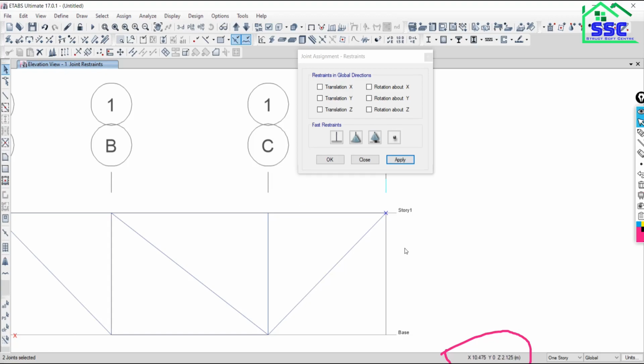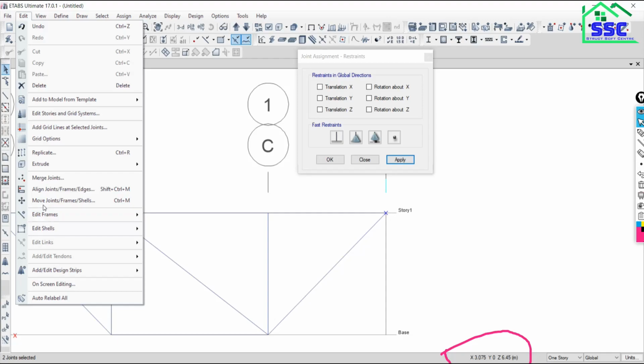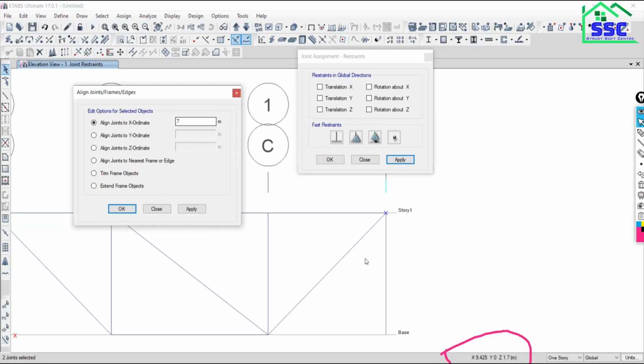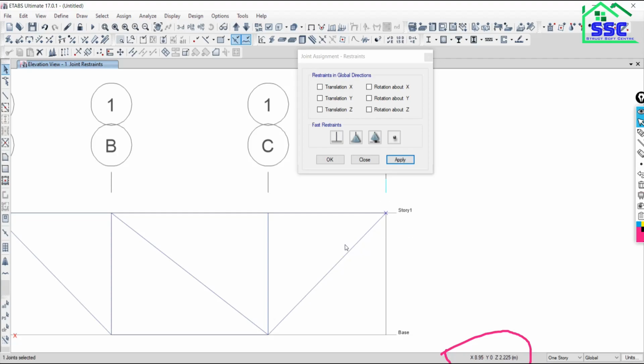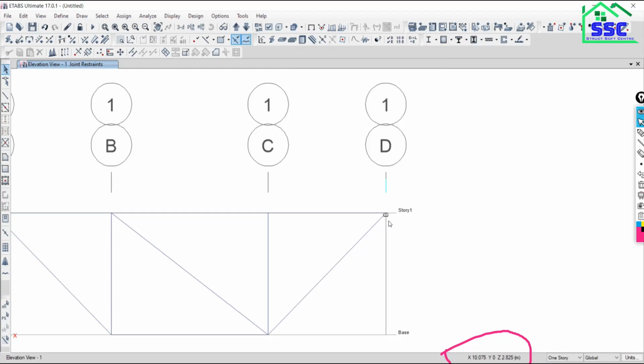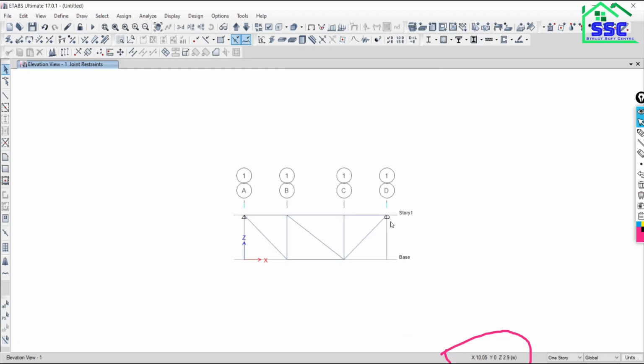So this is actually the error. Again go to Edit, Align, and that joint ordinate is 10. Put 10, say apply. So right now only one joint is selected and I want to give the roller support. Say apply. As you can see, roller support is assigned to this joint.